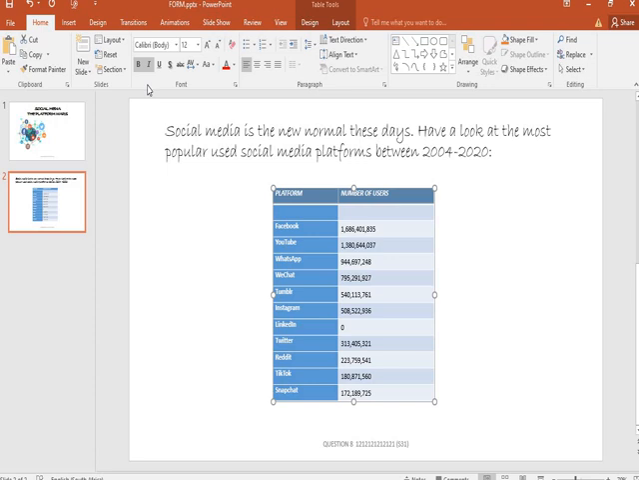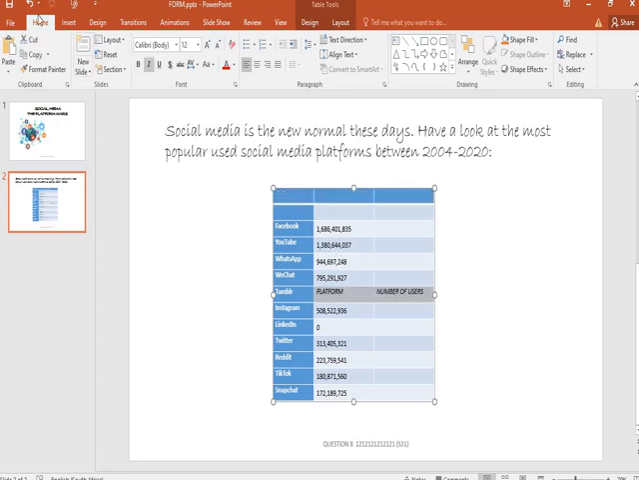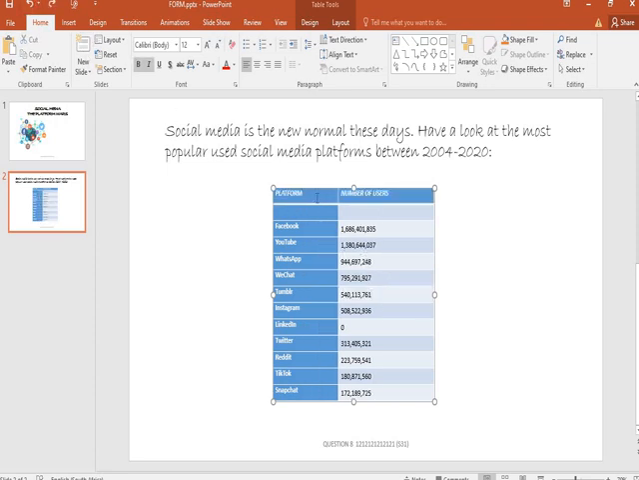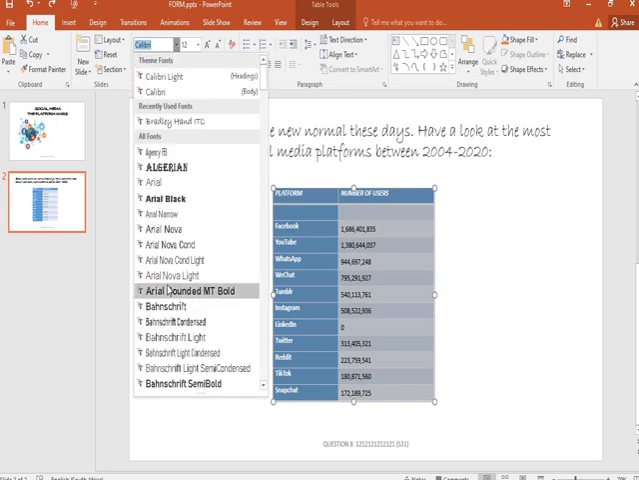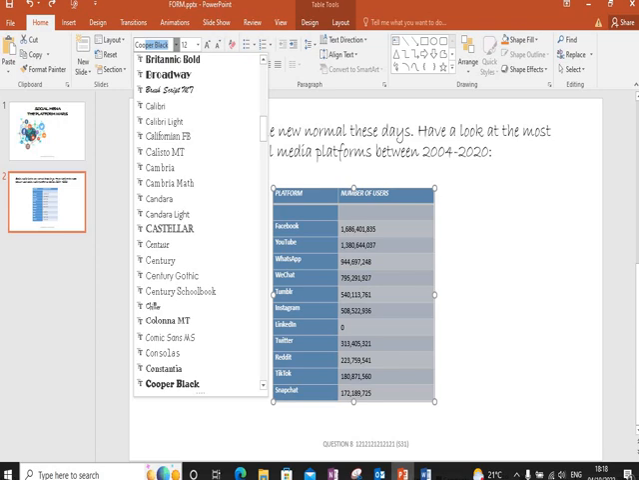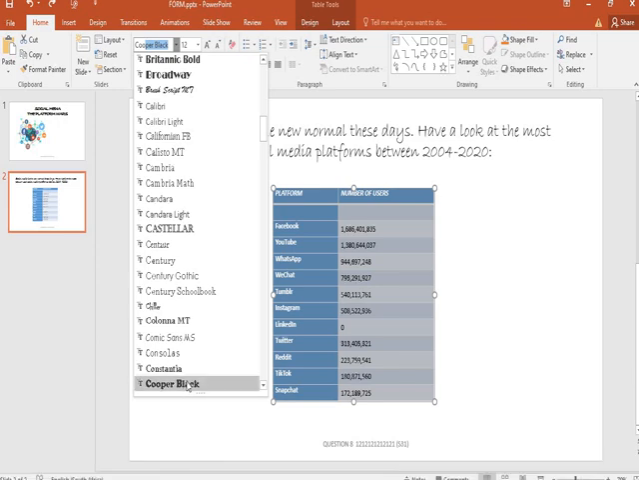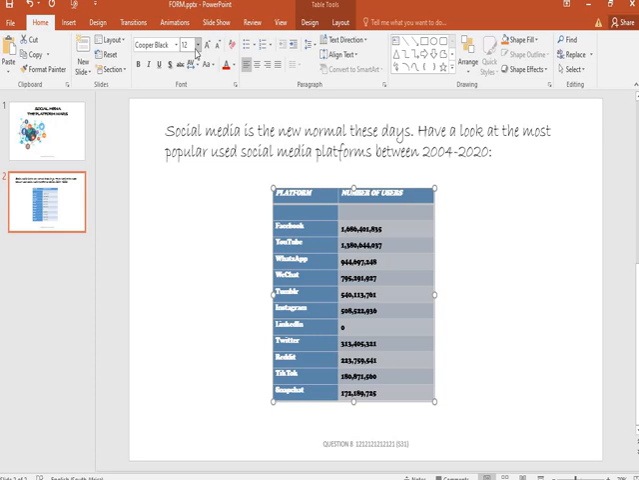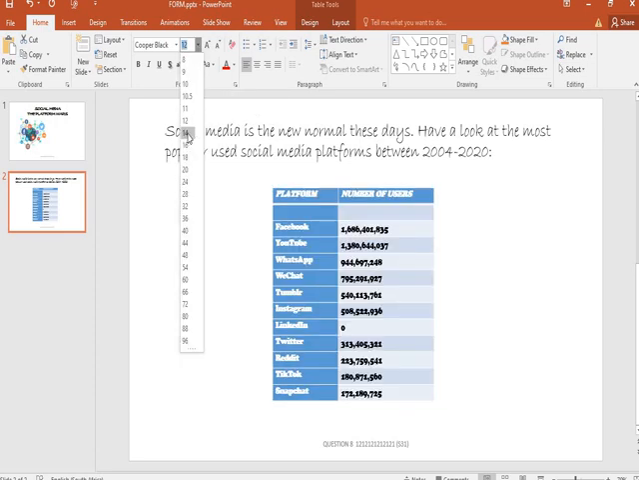Then change the font in the table. So the font in the table, goodness, what on earth did I do? The font in the table, I must change to Cooper Black. Okay, so I'm typing COO. So Cooper Black, 14 points. So Cooper Black and 14 points. There we go. Now, this table